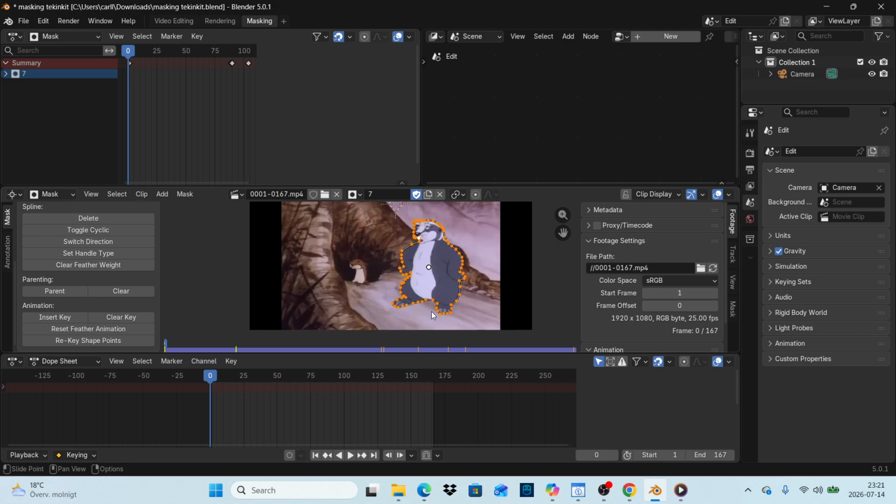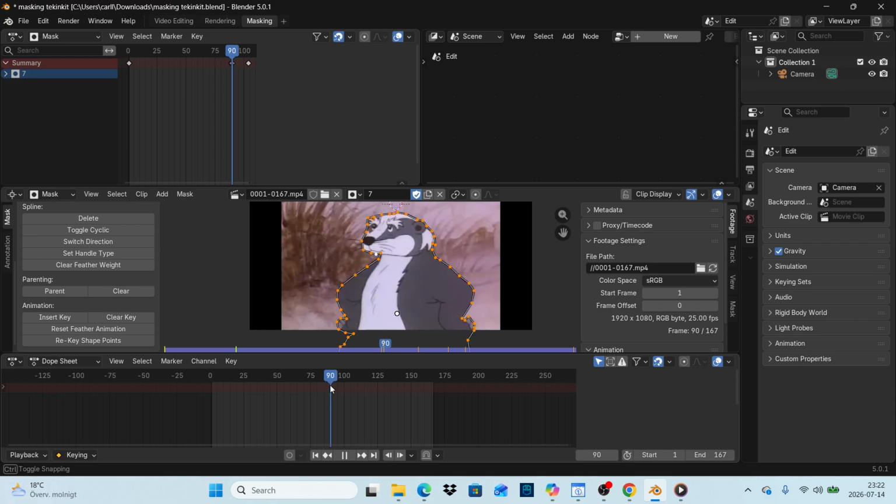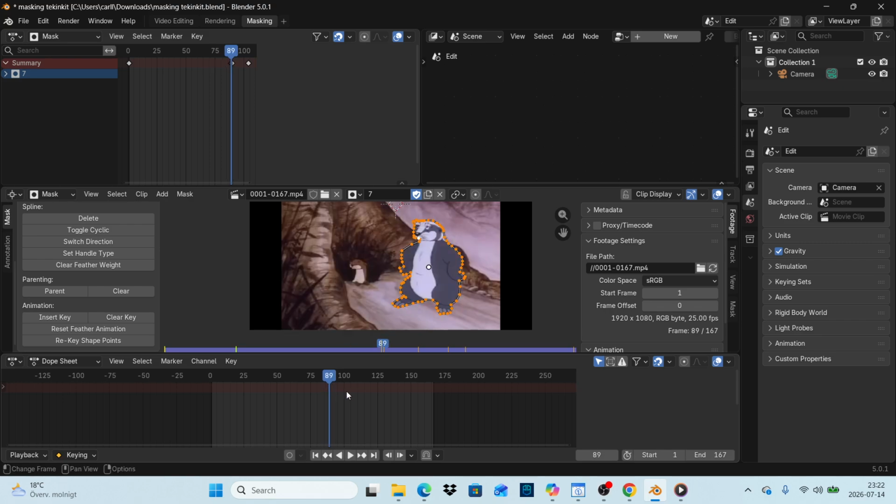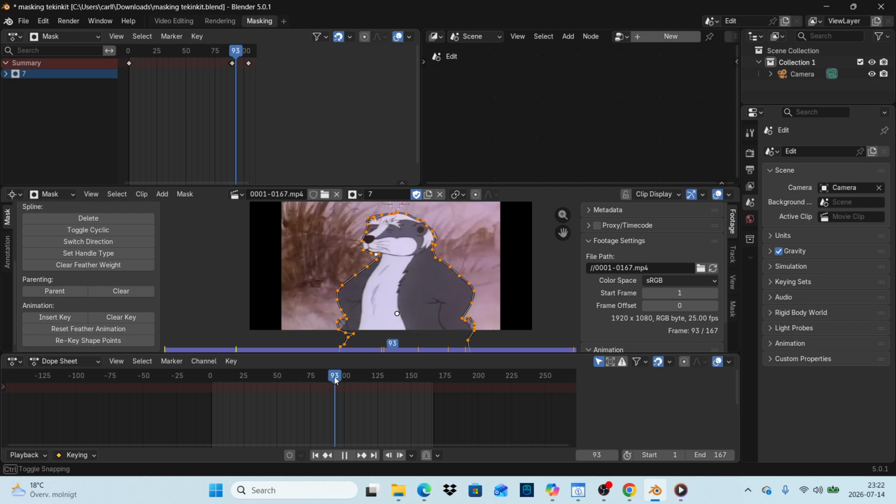keyframe, and then you do it when it starts. So it starts like here, 89 here. So then you do a keyframe here, then you change. Then I do a second shortcut here. So I do that and I change it, and then you do select all